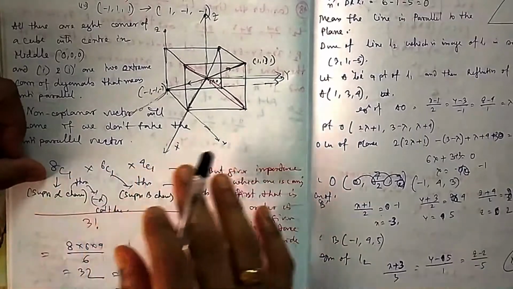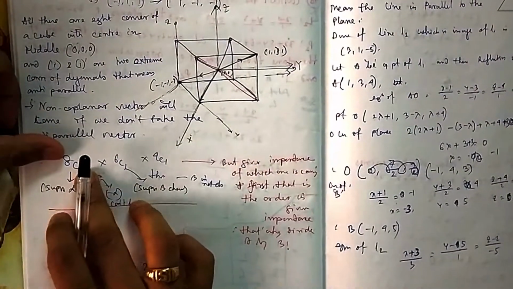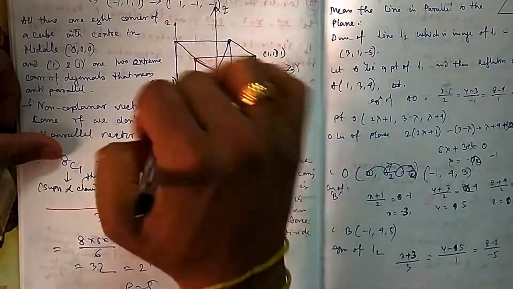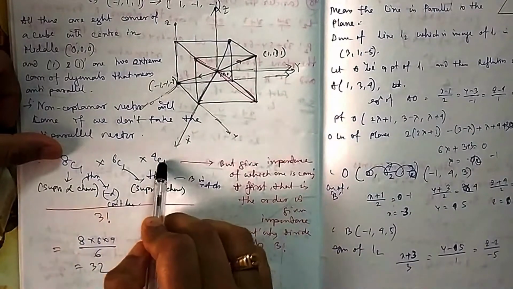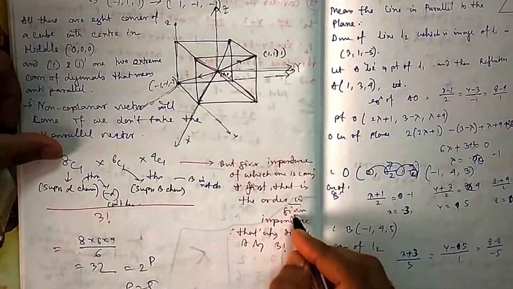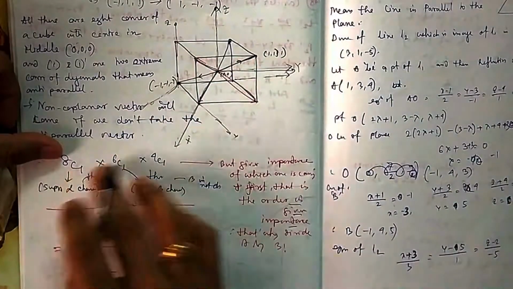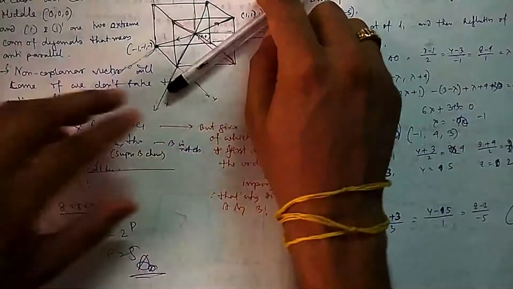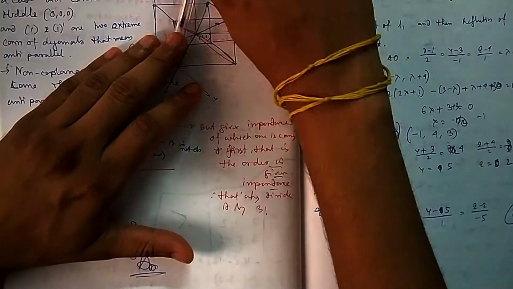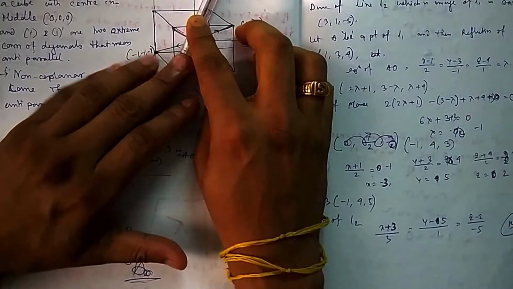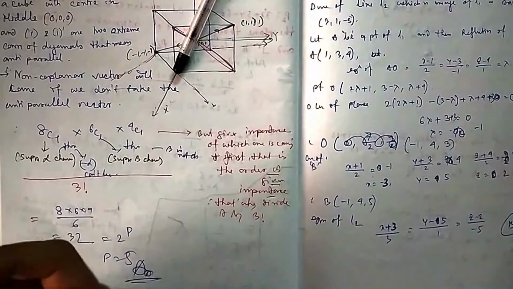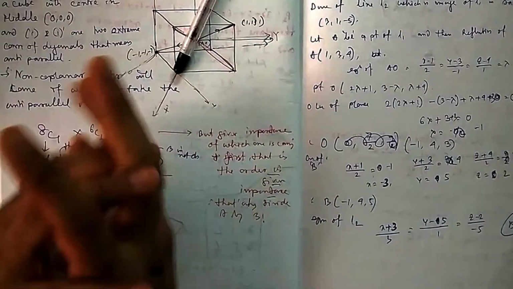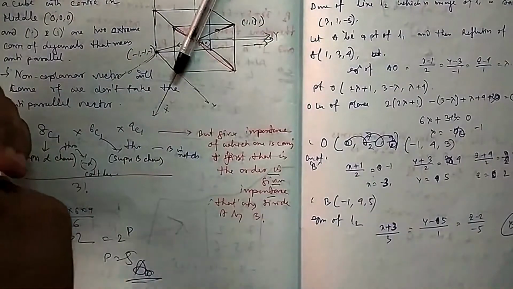But here you have given importance to the order, because someone can choose any one from this and then correspondingly choose the other. This is clear when you do permutation and combination, because with 8C1 you start with any one, then you do this one. Next, one person can start with this one also. So it can be started from anywhere, and all these cases are included there. But the order doesn't matter here, because we are not here to arrange these. We just want to find in how many ways we can select.